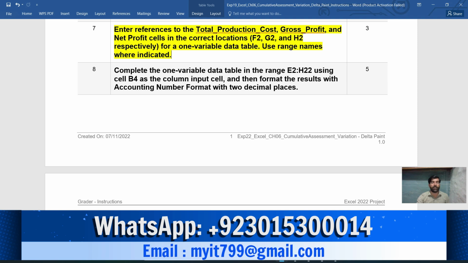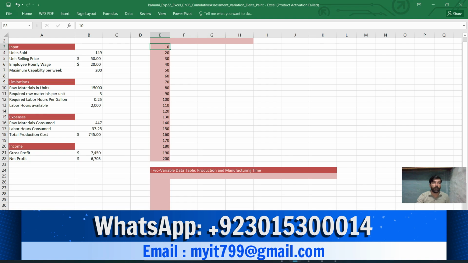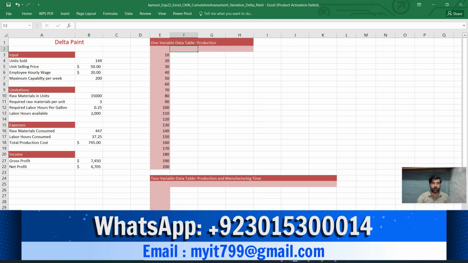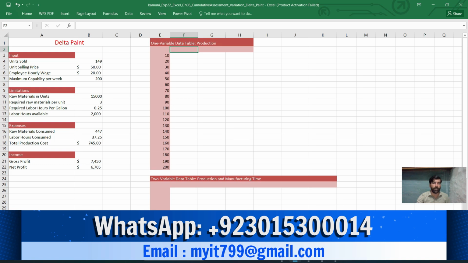Okay, firstly I start from F2 and place here total production cost. This is F2. I put firstly equal sign, and then instruction says total production cost.